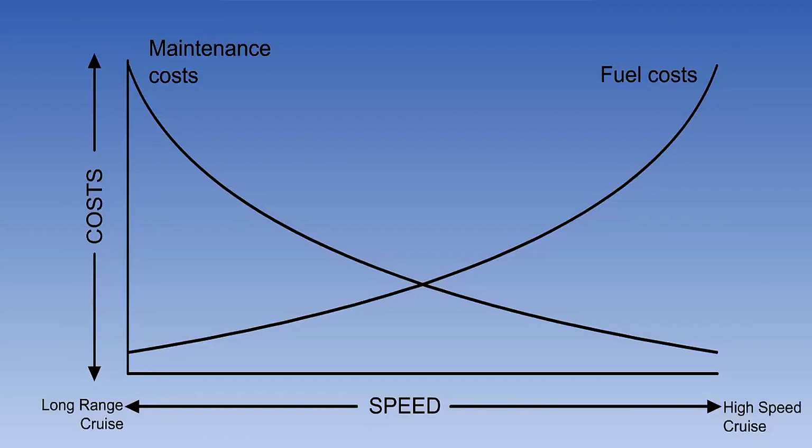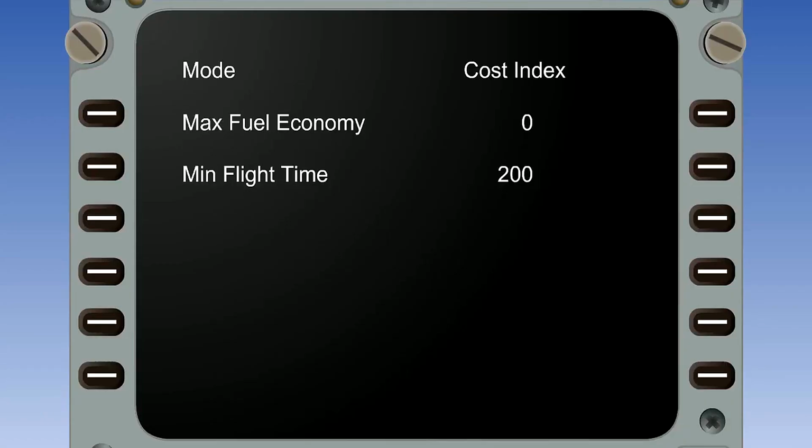Is it worth it? The answer is that it depends on the relative cost of fuel and cost of maintenance over the route that the aircraft is operating, and these will be different in different parts of the world. However, for each route, they can be calculated by the operator's cost accountants. There will be an optimum point, which, for any particular route, is the most economical speed to fly. Cost index attempts to quantify this.